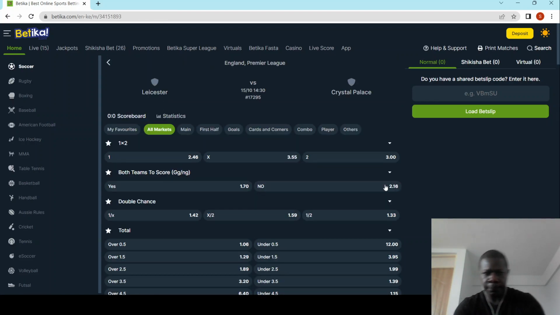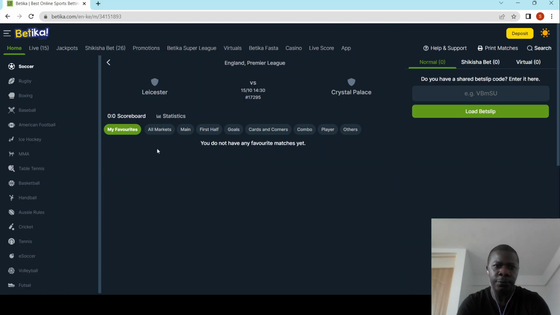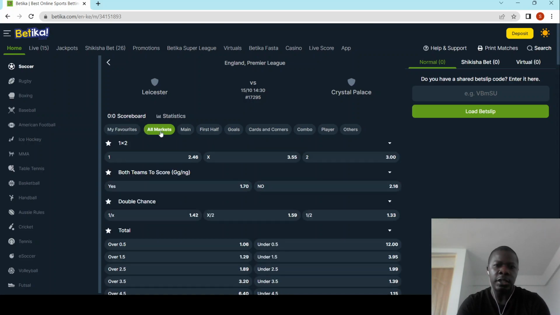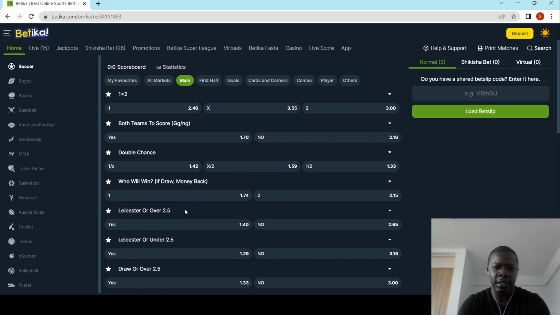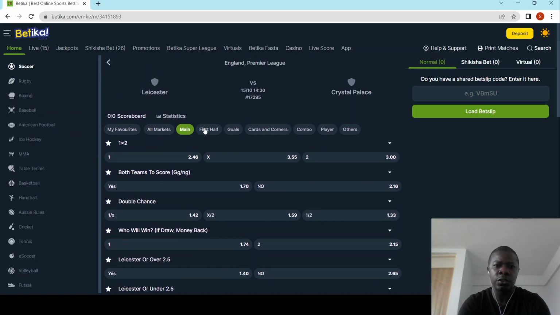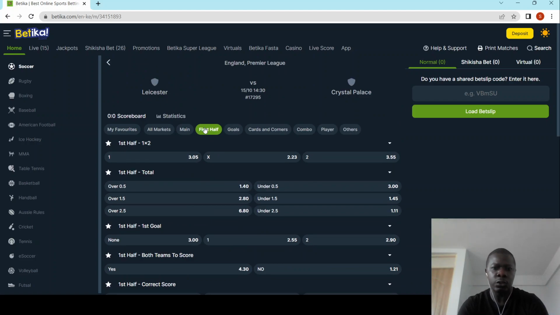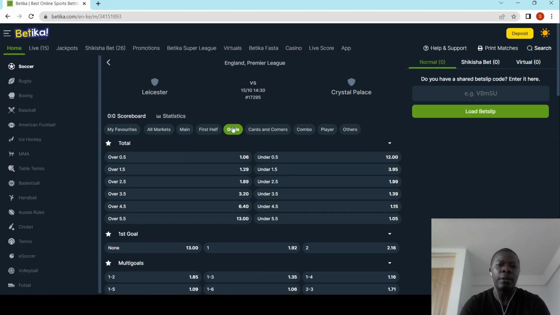Then here you will see it says all the markets. There's my favorites, which is usually what you normally bet on, then it will come under your favorites. But you can look at all the markets. You can look at the main markets. There's also first half outcome, in terms of goals, in terms of correct score. You can also bet on that. You can bet on goals, under, over